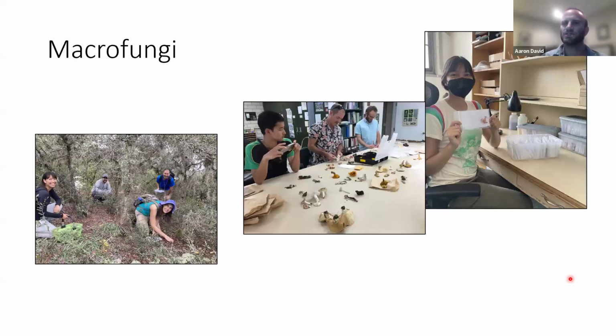And then the last thing I'll just touch on is some of our macrofungi. So this is really where we've been putting our efforts as far as biodiversity. This is an area that has really never been explored for its fungi. And so we have a new collection, new protocols for collecting, for storing them, and for extracting DNA. We've been working with Matt Smith, who's here in the center at University of Florida, to help us out with this. And so this is really part of a longer term effort to document a lot of the macrofungi that we have in our area.